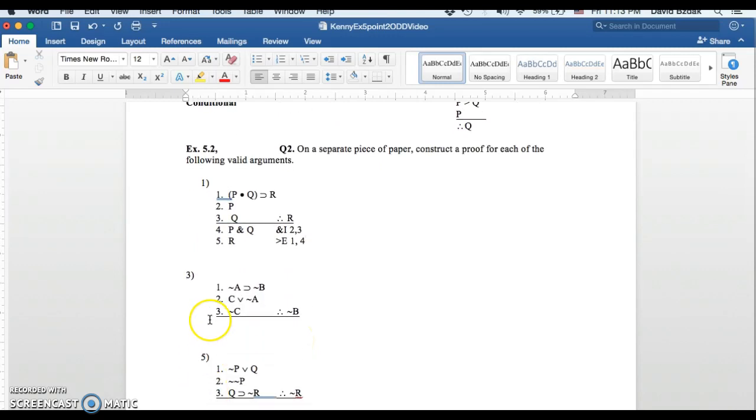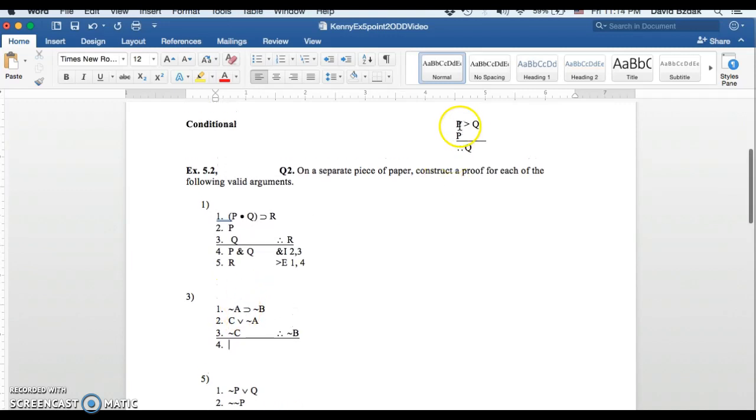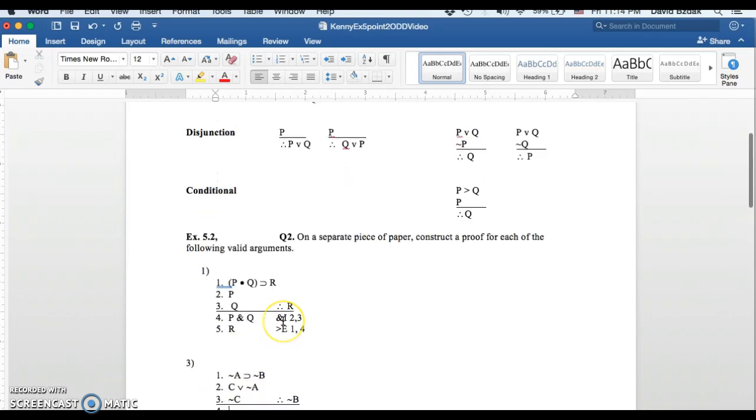Okay, let's look at number 3 then. Again, we got a conditional here, and in fact, the consequent of a conditional is our conclusion. So it looks like we want to use conditional elimination. But to do conditional elimination, remember you need a conditional plus the antecedent. So the antecedent here is not A. And if you look on our lines, we don't have not A by itself anywhere. So we cannot do conditional elimination right away. But we do have not A here in a disjunction. So if we could eliminate that disjunction, get not A by itself, then we could do conditional elimination to get not B. So let's go back and look at